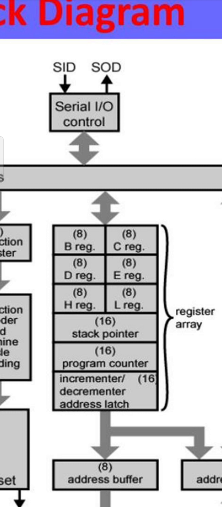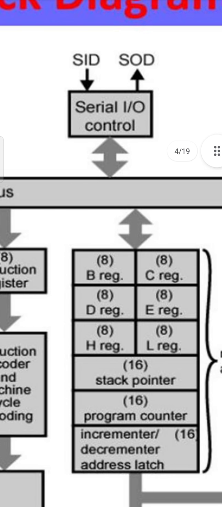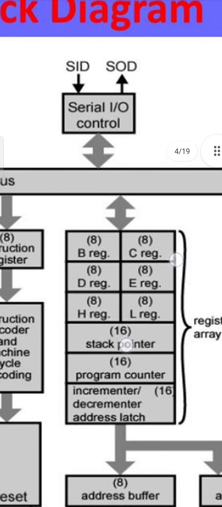So as you can see, there are 8 registers which come as pairs, that is BC, DE and HL. When we are writing in pairs, BC, we will write BC as 16-bit. Otherwise, taking individually, as you can see here, the B register is 8-bit, the C register is 8-bit. Individually all registers are 8-bit. But when we are talking about pairs, that is BC, we treat it as a 16-bit register. And it also holds the data when the instruction is executing.